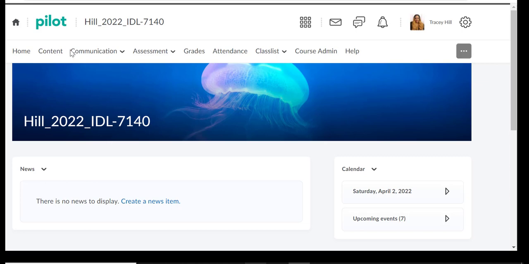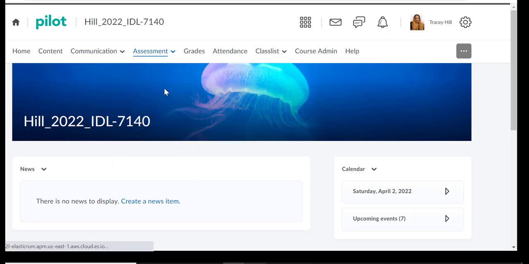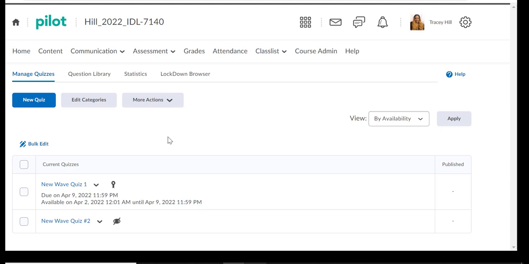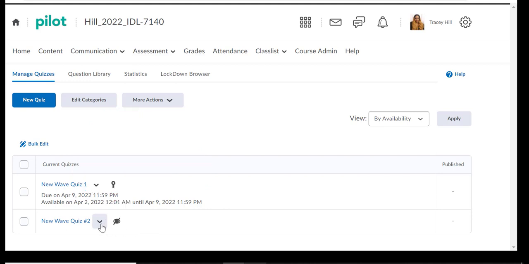For this brief tutorial, we are going to modify a Desire to Learn quiz with differentiated release conditions. We will go to the Assessment tab on the navigation bar, and to the right we're going to click down to Quizzes and Exams. We have a quiz created for a previous week, and we're going to go ahead and make a modification to New Wave Quiz 2 to make it more accessible for one of the students in the class. Click Edit,